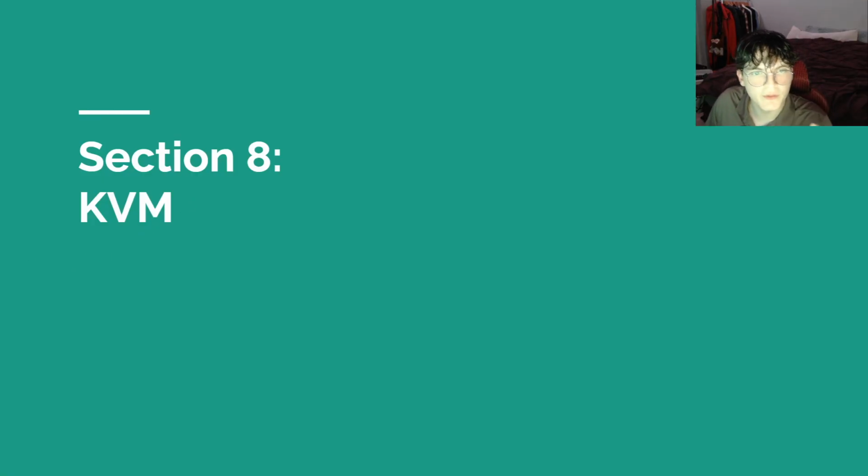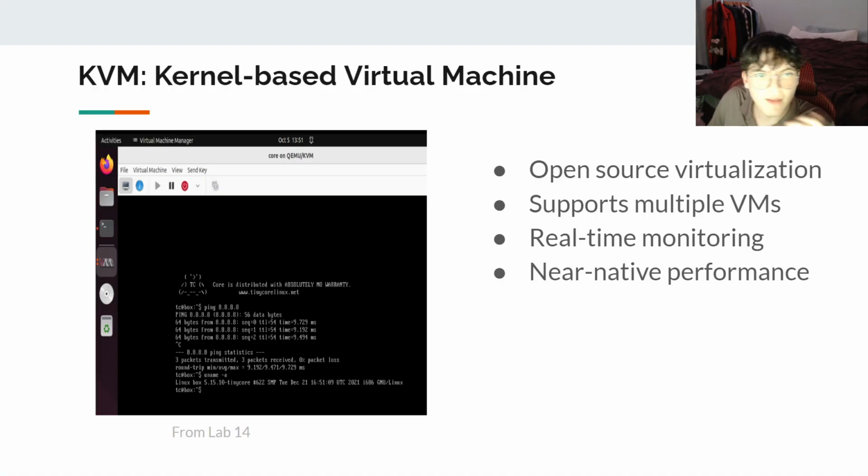Section 8 covers what KVM is and how it runs. KVM is an open source virtualization technology built into the Linux kernel that allows the kernel to function as a hypervisor. It enables the running of multiple isolated virtual environments, referred to as virtual machines or guests. Each virtual machine can run its own operating system independently of others, making KVM ideal for efficiently running Linux and